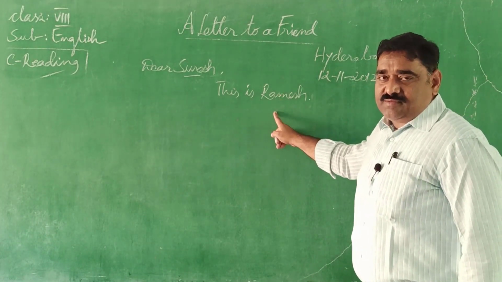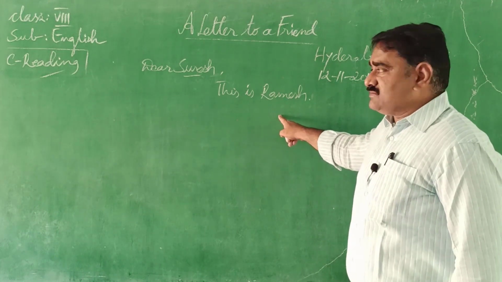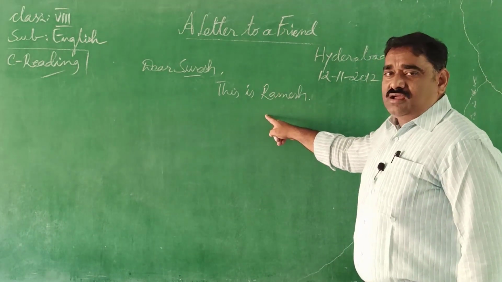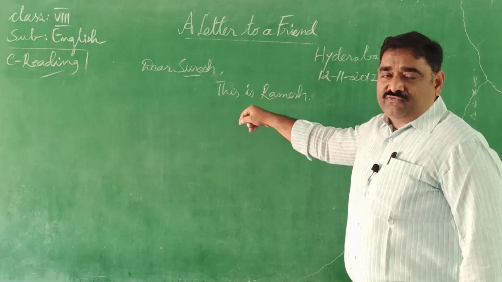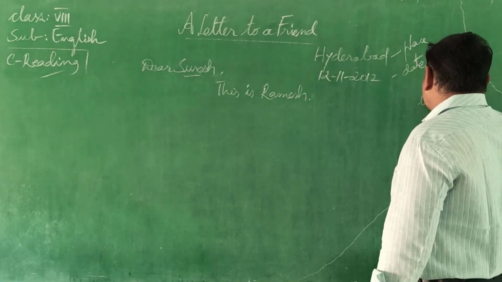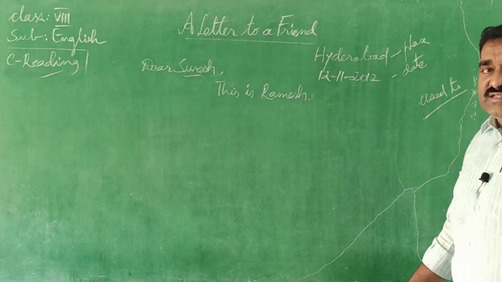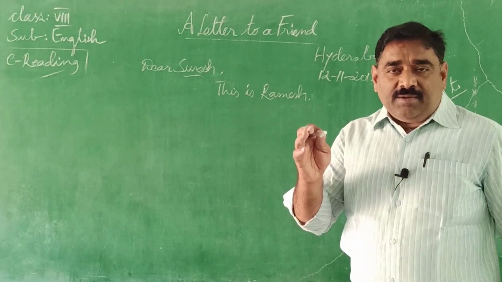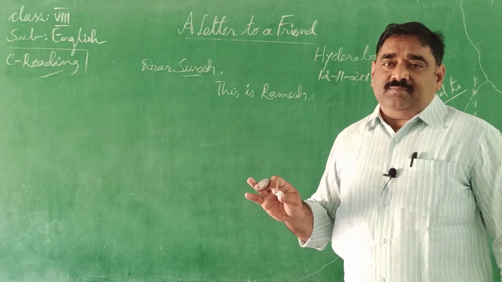This is a big family, a large joint family, consisting of 12 members. So Ramesh says that his grandma used to give them fruits and biscuits. "Used to" is the expression. "Used to" is an expression to say that something happened in the past, but now it is not going to happen.